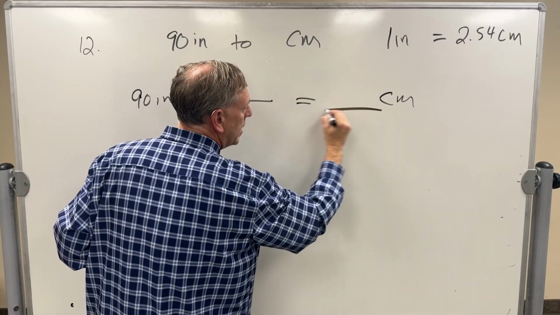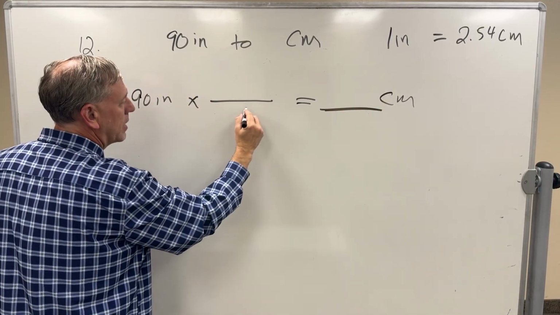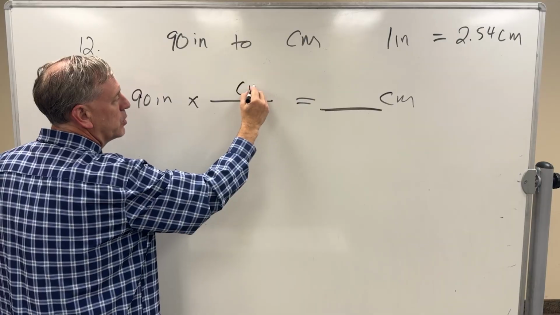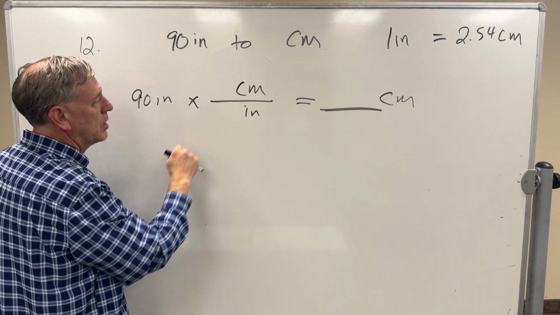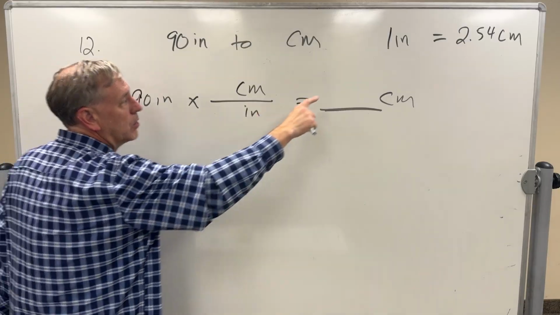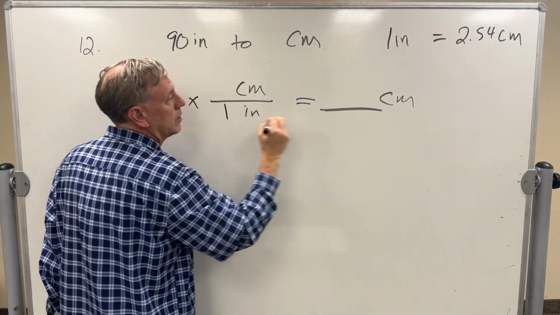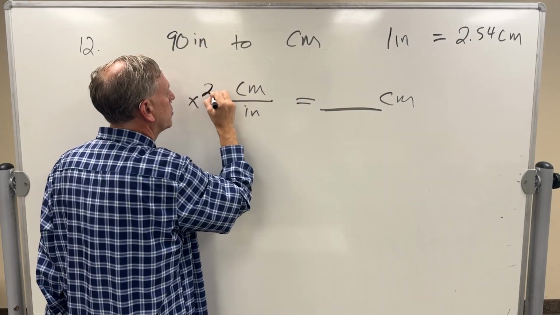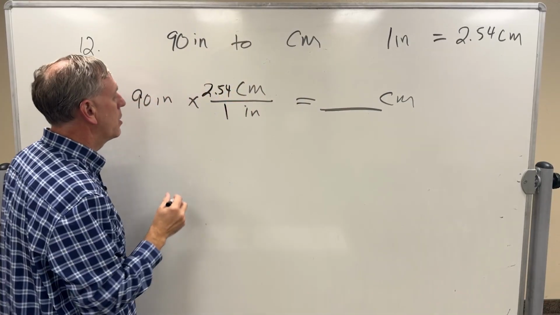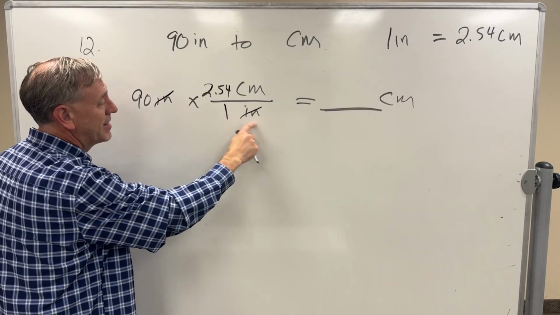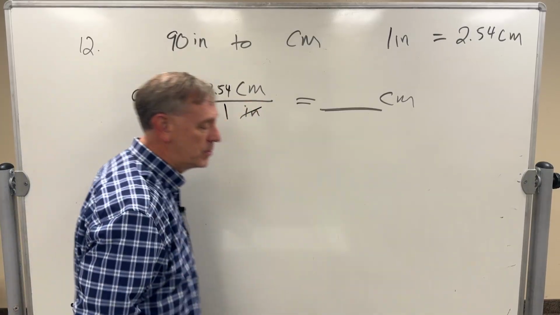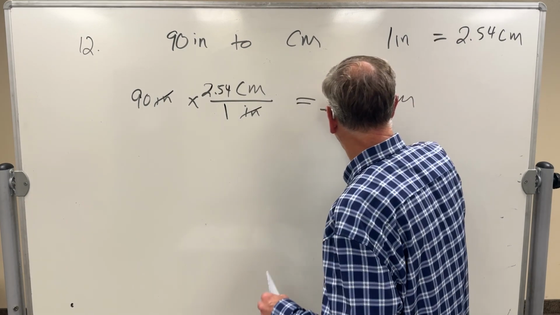So what we need is, we need inches to get canceled, and we need centimeters left. You see that? So that the inches will cancel, and that means we're going to write 1 inch and 2.54 centimeters. You see what will happen is those 2 will cancel. And what will be left is the inches are canceling out, leaving me centimeters. And this will give us